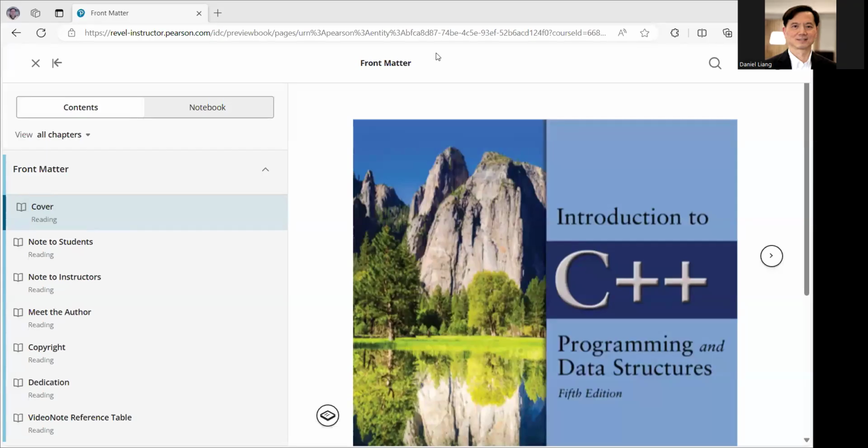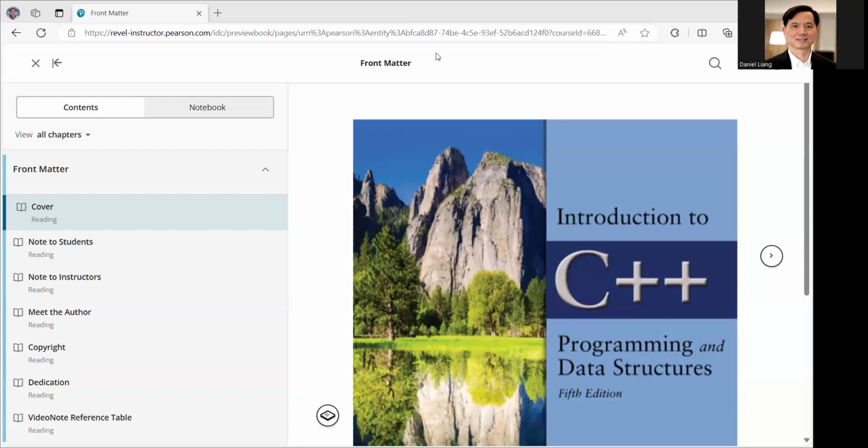Good morning, everyone. In this video, I'm going to demonstrate the important techniques in C++ on how to pass by value and how to pass by reference when you invoke a function. This is a very important subject, and often students get confused on pass by value and pass by reference. And we're going to demonstrate it using